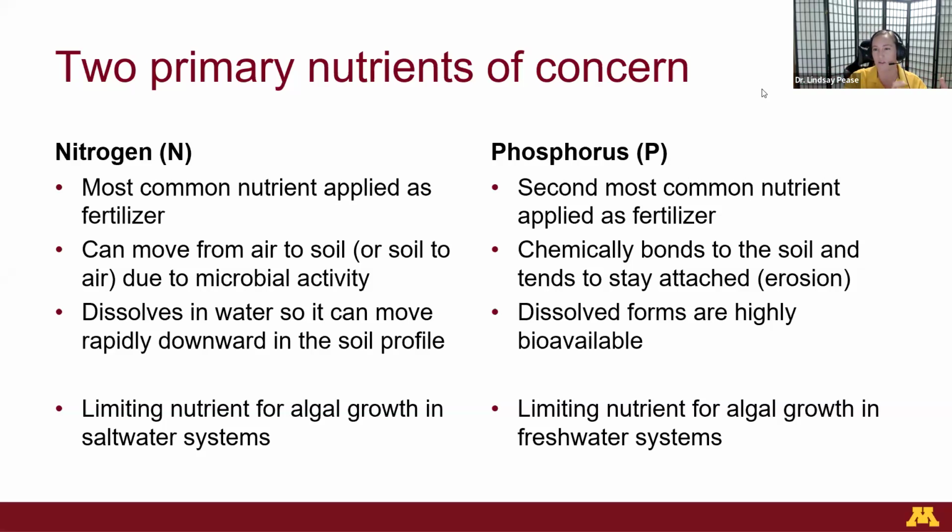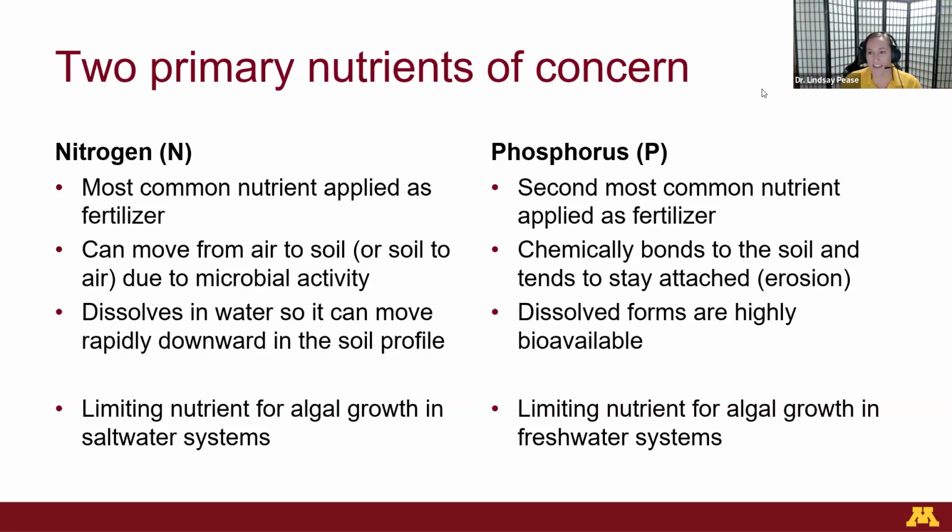So if you get too much absorption into one place, there's no binding sites, there's no place for it to bond to the soil. It'll just exist freely in the environment. And the really big challenge with phosphorus is that these dissolved forms are very bioavailable. Algae love that dissolved form of phosphorus. They will just take a very small concentration and just go crazy, for lack of a better term.